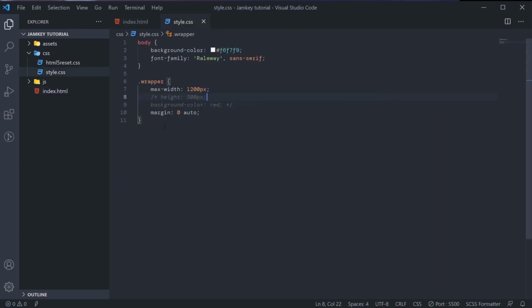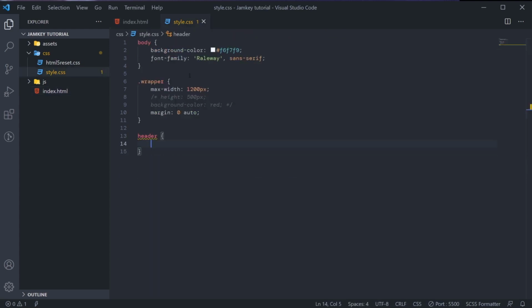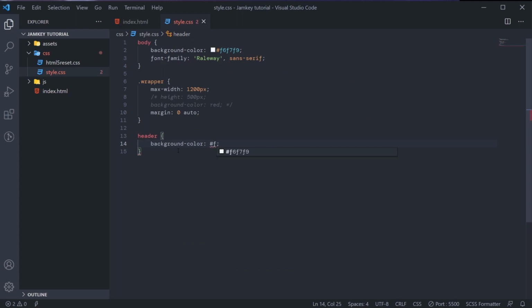So what we'll target next, we'll come down here and say header, which is the whole header here. Then we'll give background color as FFF.